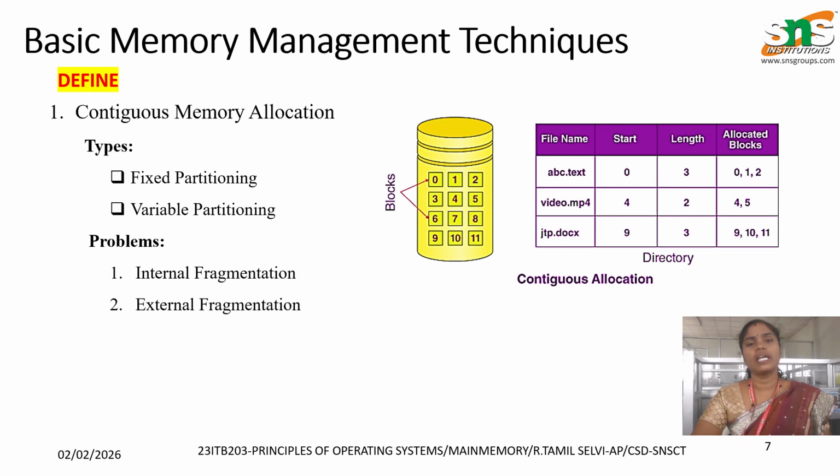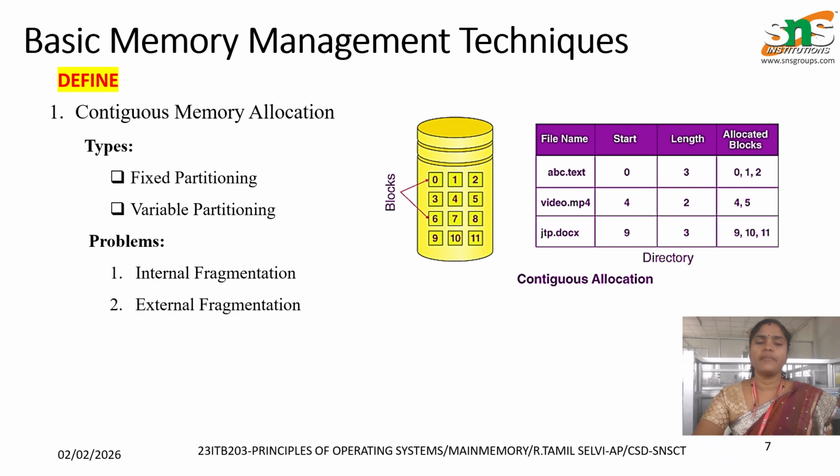In contiguous allocation, each process is allotted one continuous block of memory. So consider this example. Here we have three file names, that is abc.txt, video.mpeg4 and jtp.documents. First abc.txt is allotted three blocks of memory, that is 0, 1, 2 continuously. And for the file video.mpeg4, we allot memory blocks 4 and 5 continuously. So in simple terms, if we allot memory continuously for each process,